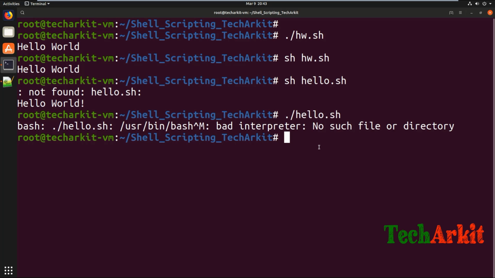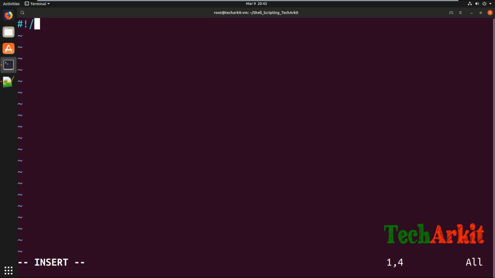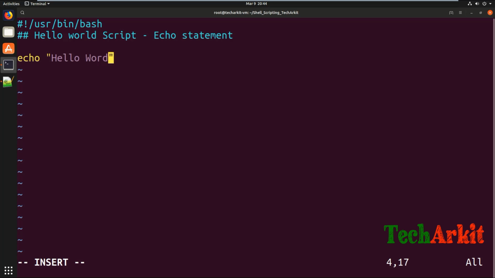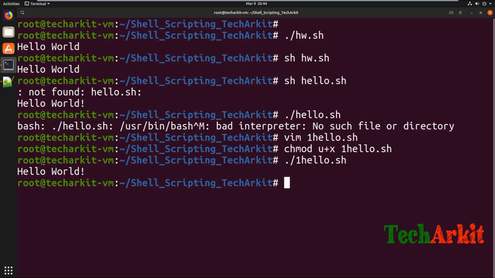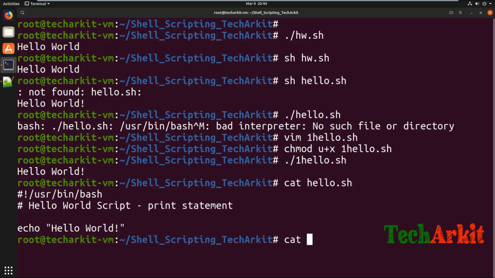If I write the same script, for example example1.hello.sh, if I write the same script over here, like slash usr bin slash bash, hello world script, echo statement, and if I go and write hello world here, you can see this. Now if I add execute permissions to the user and execute that script, it works perfectly. But if I see the code of the hello script and the code of the example one hello script, which look similar,